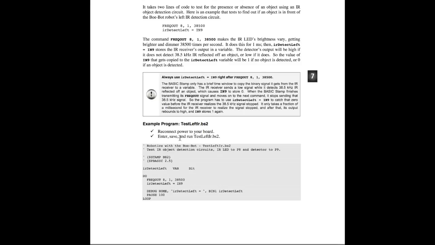Okay, so here's the example. It's really simple. We just declare a variable up here called IRdetectLeft. It's a variable of only size 1 bit, so it's only going to hold a 0 or 1. We have a do loop, so it's going to do this forever. And what it's going to do is send that 38 kHz signal for 1 millisecond,